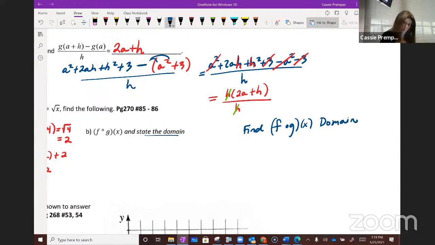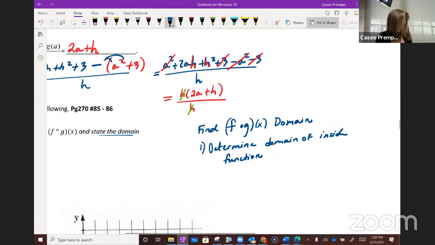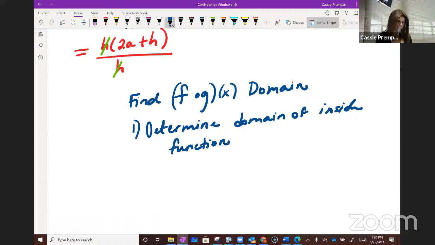Number 1, you need to determine the domain of the inside function. So what would be the inside function if we're doing f of g of x? G of x. So if I look at g of x, which is equal to the square root of x,